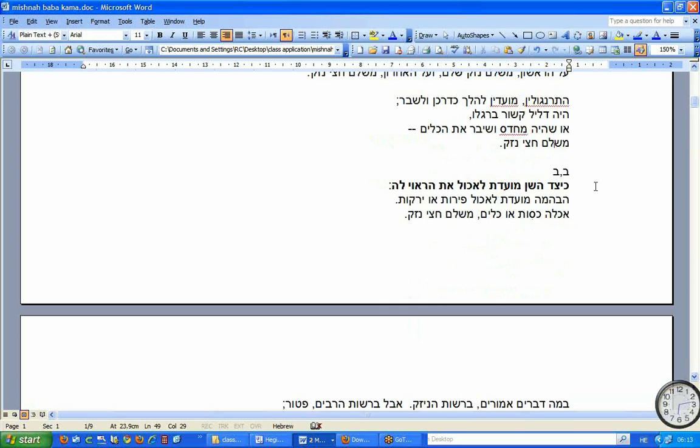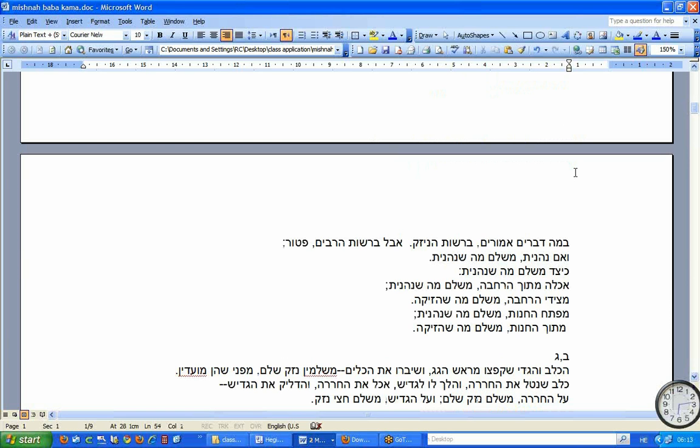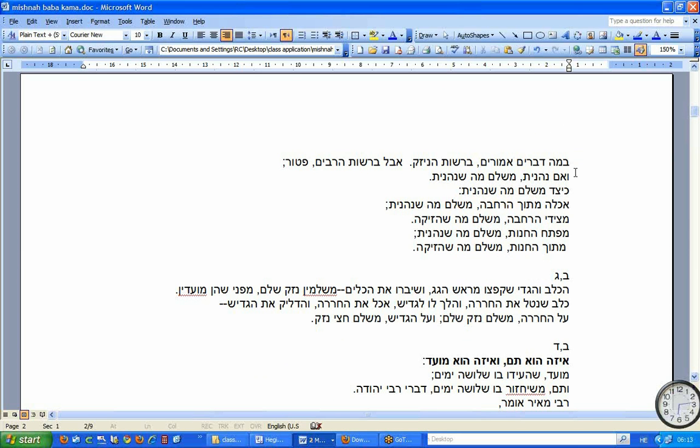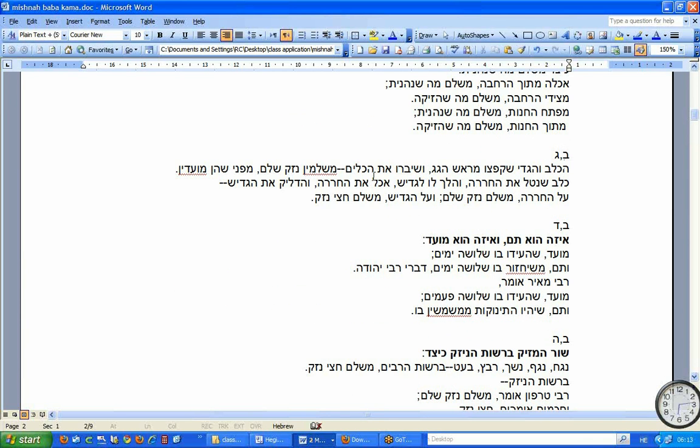So here the same thing with the Shen. He's muad to okel peiros and leipros, but if he does kasus or kalen, so he has to take chetzi nezik because, as we said, that was kavan lehazik. Okay. This is where he does the damage. They jump from the roof. They're normally jumping from roofs.